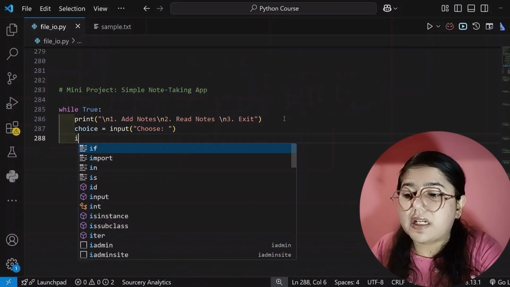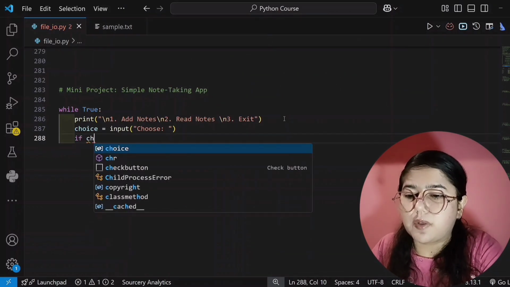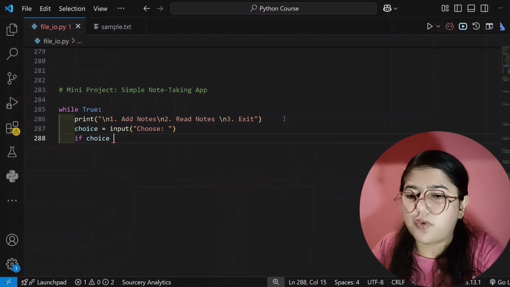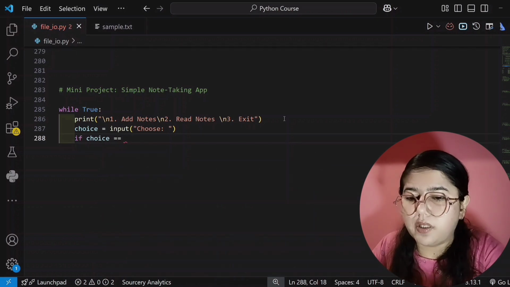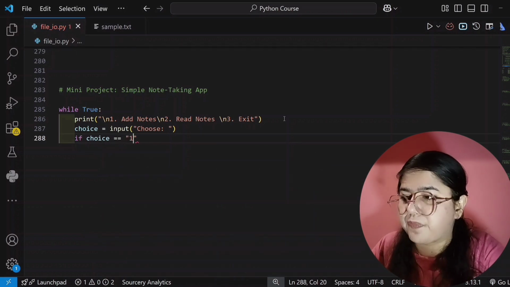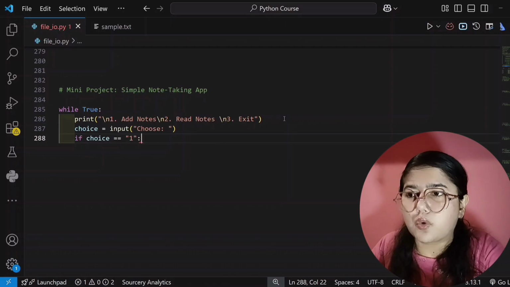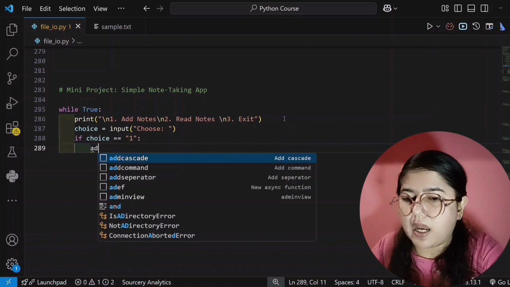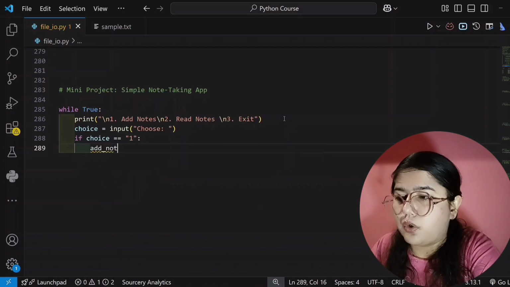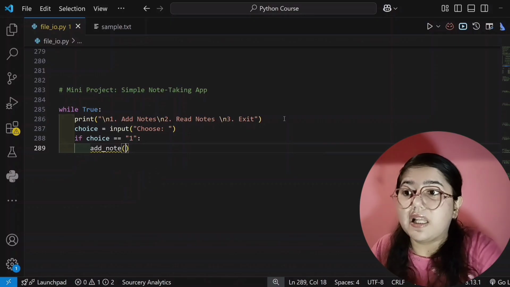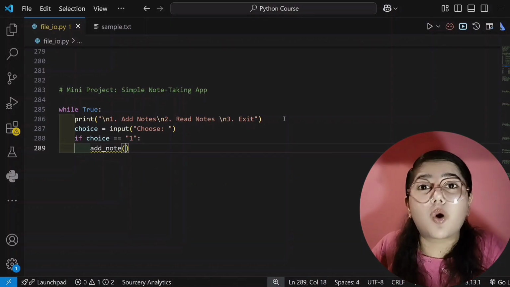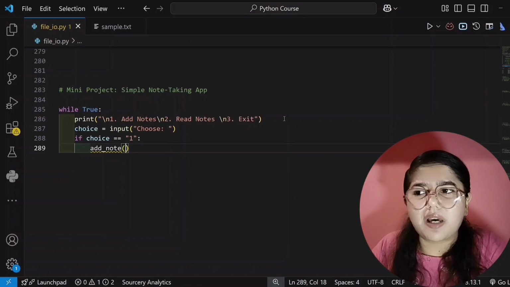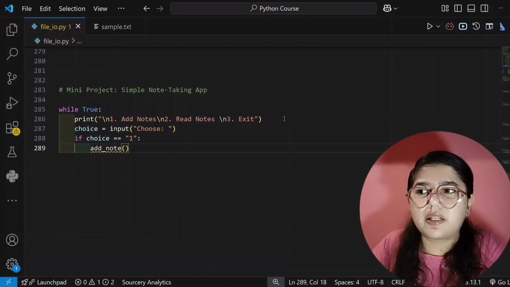And now I will write the condition, and the first condition will be if the user choice is equal to 1, then you do one thing, you can add the note. This is the function name which we have not created yet. I will create this and I will teach you also, but I am currently writing here so that you can understand what the conditions will be.